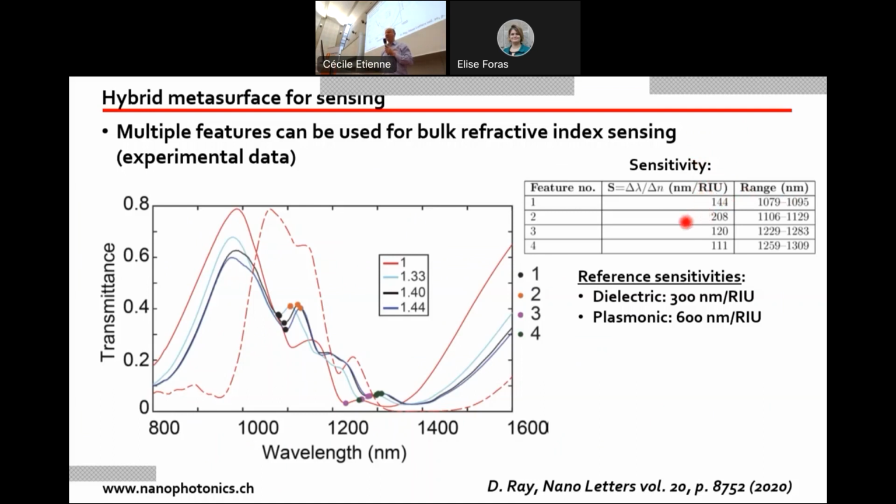So 200, we thought, okay, that works. We have something that can be sold as a sensor. Unfortunately, when we looked in the literature, we realized that it was not a very good sensor. Because if you just take a pure plasmonic nanostructure like gold, you can have a sensitivity which is about 3